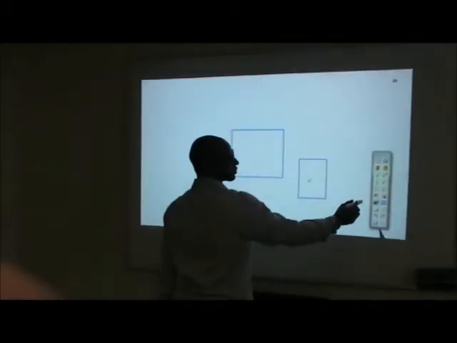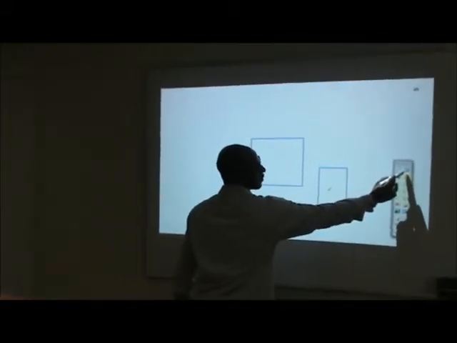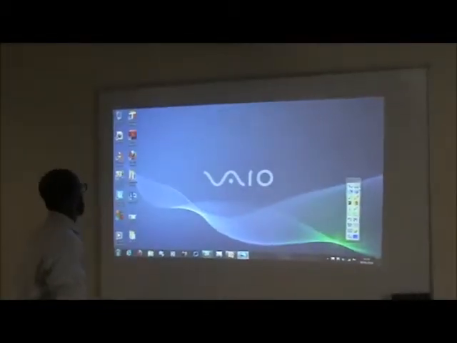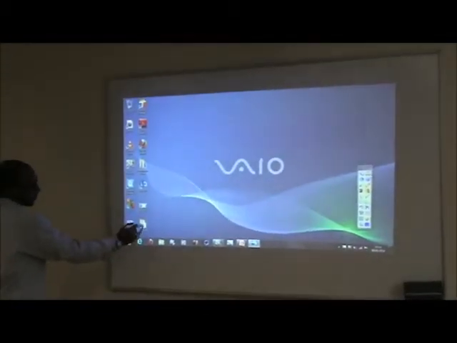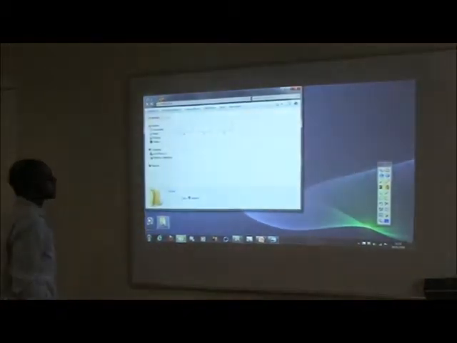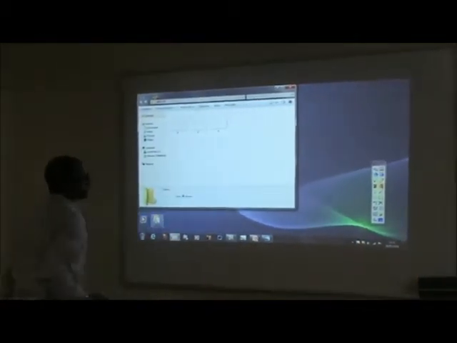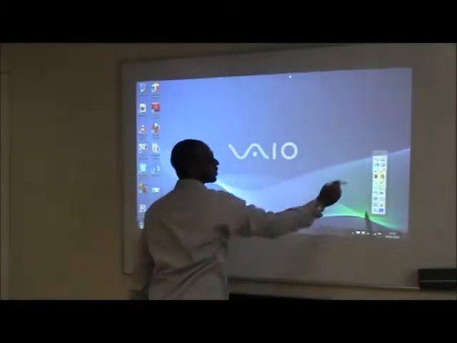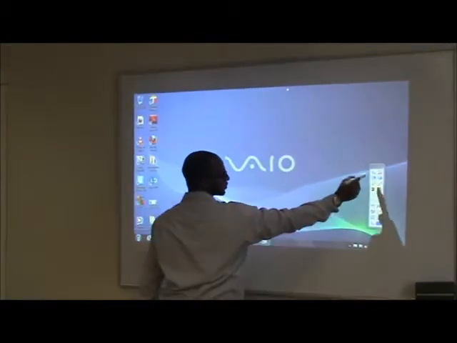If I go back to the desktop, I will have to click on the top right corner of the tool tray, and then you will see a folder called Test2. Double click it and you will see all the slides of the notes that you have made. Go back to the whiteboard,